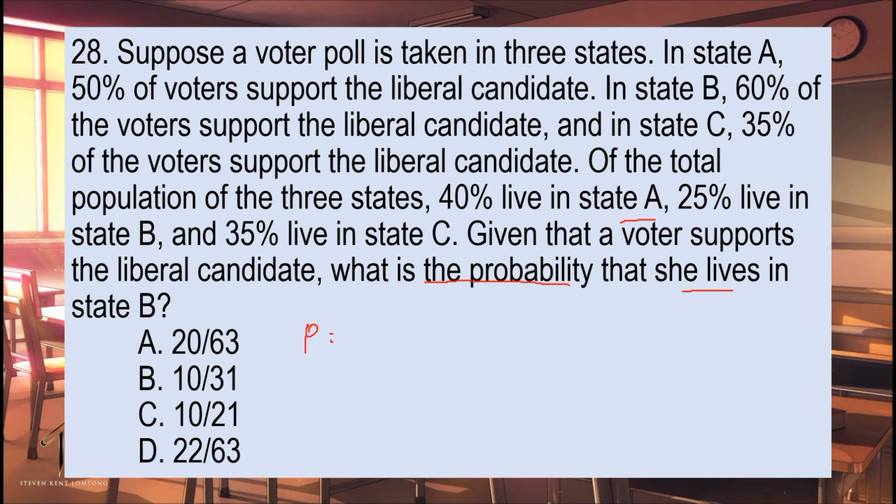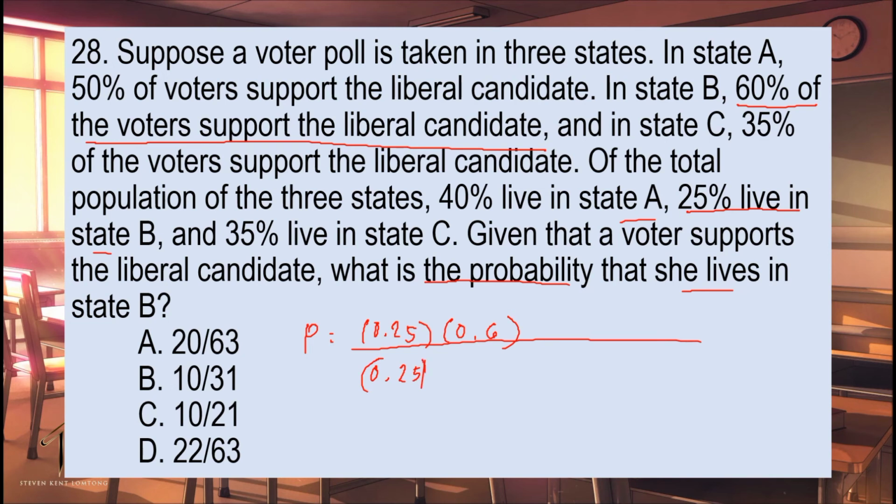Okay, so P is equal to, let's look for the state B. State B natin, 25% live in state B. So we have here 0.25 multiplied by this one. So 60% of the voters support the liberal candidate. So that is 0.60. Then divided by the summation of all the given. So let's write for the state B, 0.25 multiplied by 0.6. Plus,